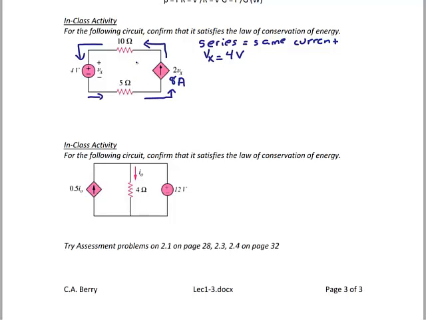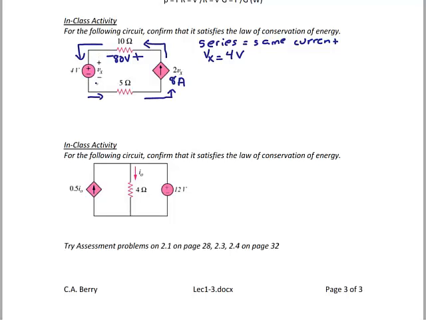Since resistors always drop voltage, and we always draw resistors to obey the passive sign convention, I put positive on the left and negative on the right. To obey Ohm's law, voltage is equal to current times resistance, so that makes the voltage drop across this resistor 80 volts. Then I have a 4 volt drop across the voltage source because the current goes into the positive and out of the negative,